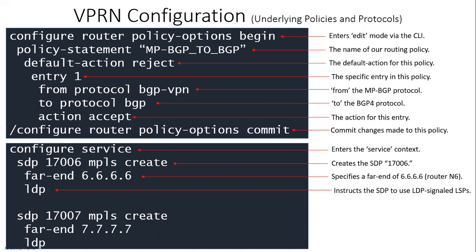So configure service enters the service context, SDP 17006 MPLS create. That's going to create our service distribution point and specify MPLS as the transport type. And